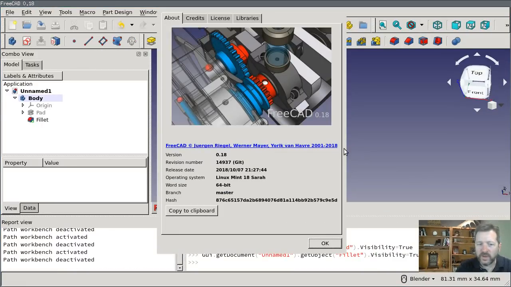Before I go, I'm going to point out one thing which is not a feature, or not an Easter egg, it's really an anti-Easter egg because it's something absolutely everybody in the FreeCAD community either already knows or should know, and that's the Copy to Clipboard button. If you go to Help, About, you'll get the Help dialog, you click Copy to Clipboard, and all of this information, plus a lot more information, is added directly to your clipboard so you can paste it into a forum post,